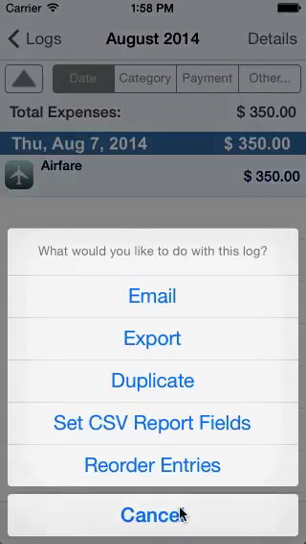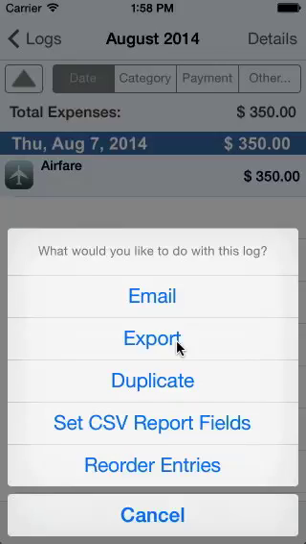You tap on options. And here is where we have two choices, email or export. You're asking what's the difference between email and export. Email allows you to create a report and send that report via email as an attachment file. So the actual report and any photo receipts associated with that report will be attached to the email. You're prompted to queue the email, and then the built-in mail app will send that